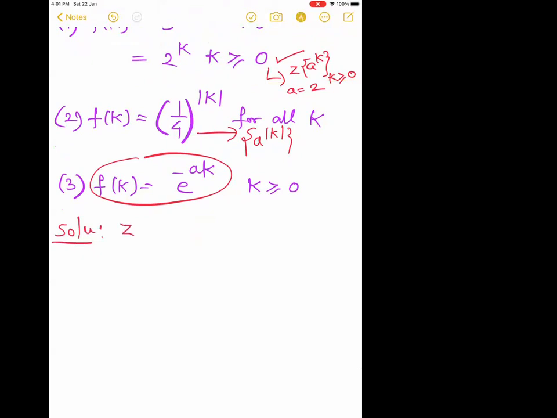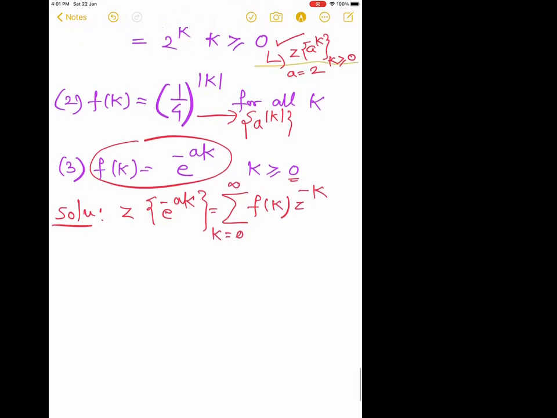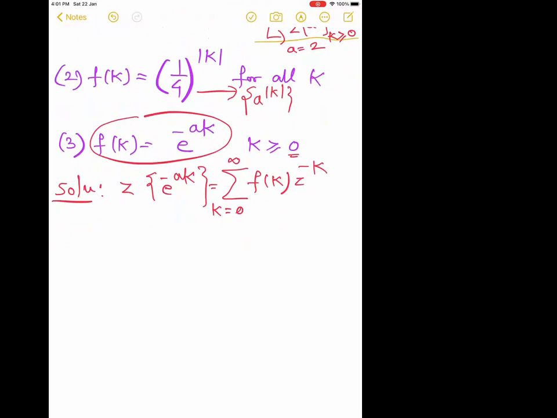So this is the Z transform of e raised to minus ak you are calculating. By definition, this is the summation of f of k and z raised to minus k, where the range is from 0 to infinity. So only that much you take. And which is equivalent to